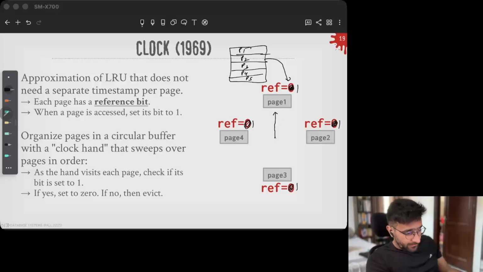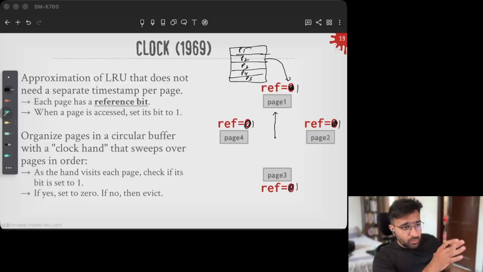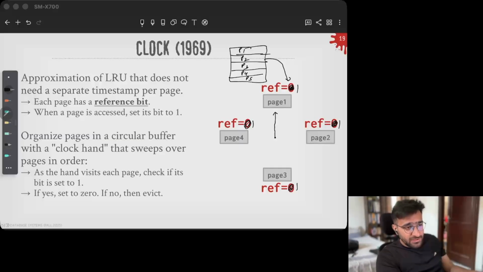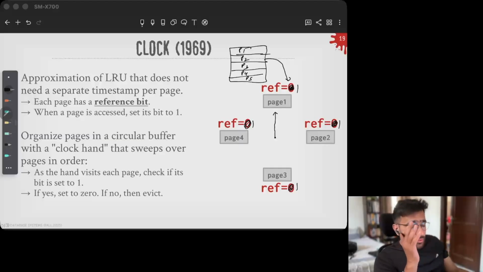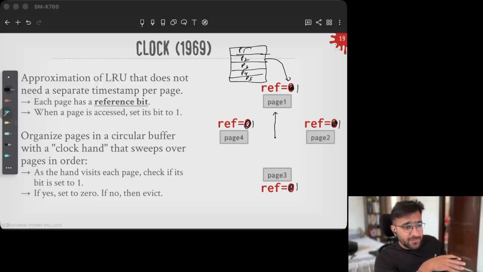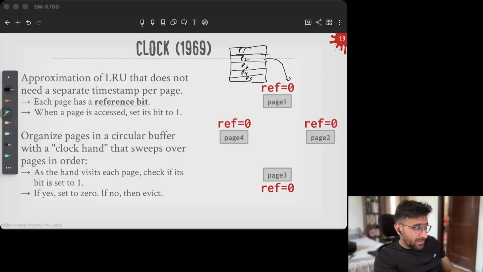So when you start rotating this hand, you go to each page. You check if its reference bit is set to 1, and if it is set to 1, you turn it to 0, and you move on to the next page. We move on, we move on, and we move on. So currently there was nothing to evict. But what will happen the next time is